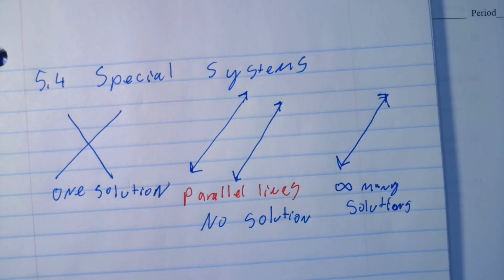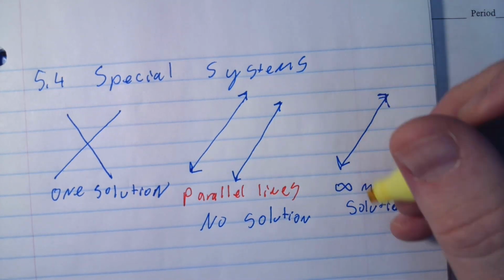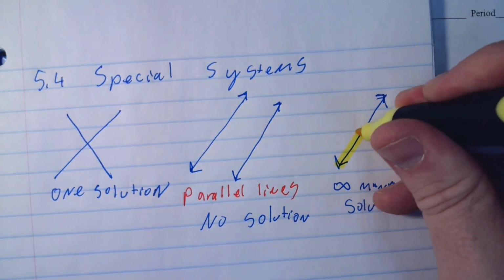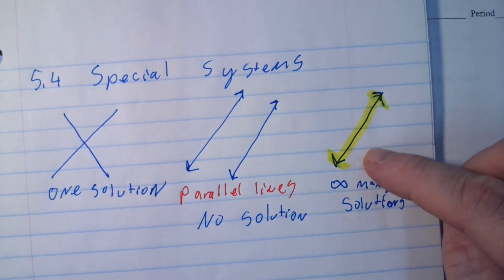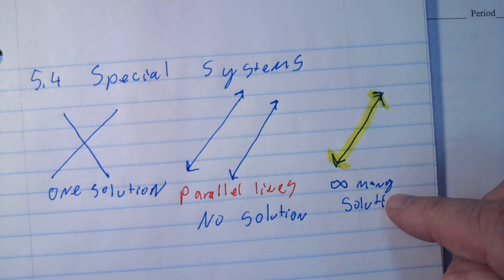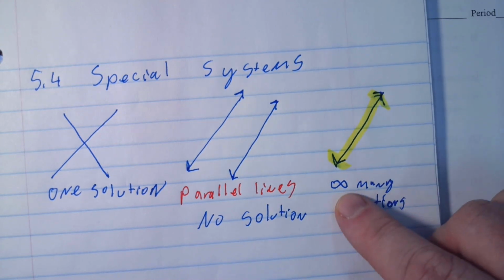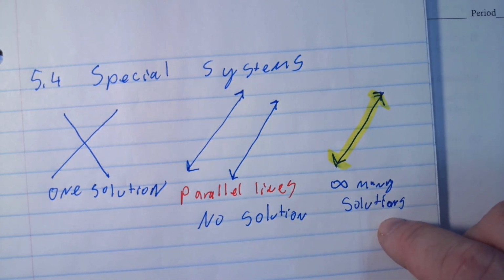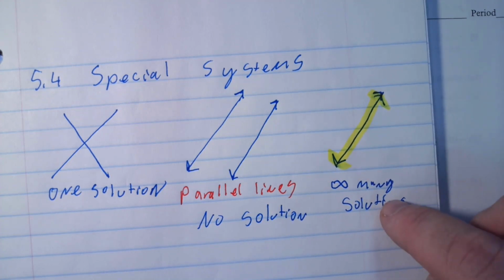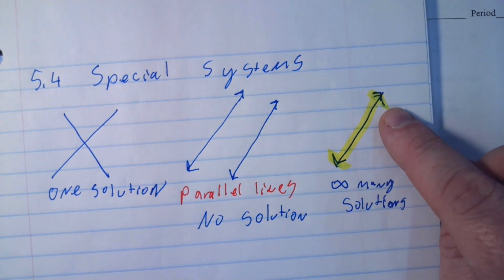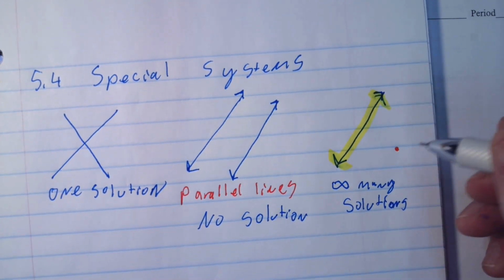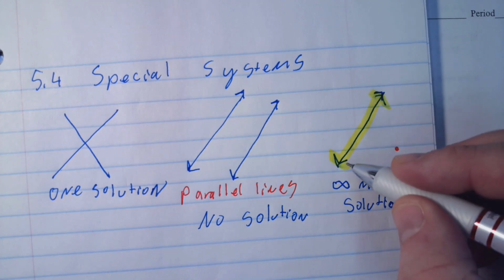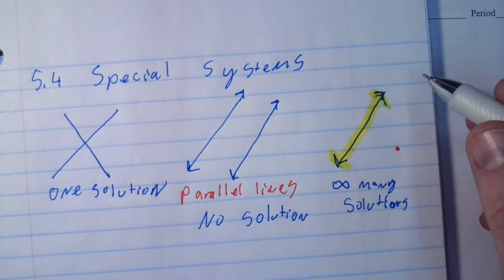Okay, go for it. What do you think? The lines are the exact same. So this is my yellow line. If I have 2 lines that are the exact same line, then it's infinitely many solutions? Okay. And the reason why it's not all solutions or all real numbers is because it's points. Every single point on the line is shared by both. But this point right here would not be a solution because it's not on the line. Okay, so sometimes it could be the same line.